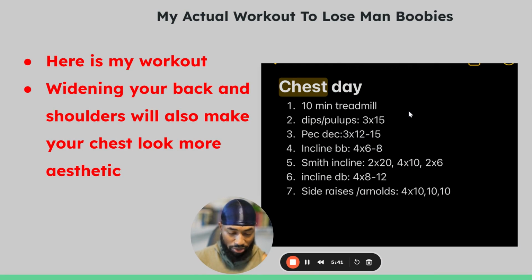So I like to warm up with dips and pull-ups. I don't really count this, but I know you guys would be like, "Wait, do you do dips and pull-ups?" So yeah, here's dips and pull-ups. I spelled pull-ups wrong. That's embarrassing. What the hell? But I'll do